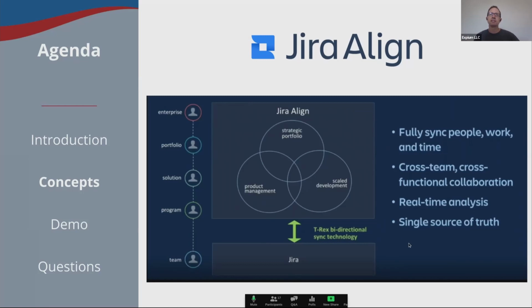You can also see from this diagram that Jira Line layers on top of or connects to one or multiple Jira instances. That could be Jira on-prem or Jira cloud instances. So the work down in the Jira at the team level with stories, defects, tasks, that is synced over to Jira Line, and then that information is all aggregated up to the various layers of scale, which we'll show